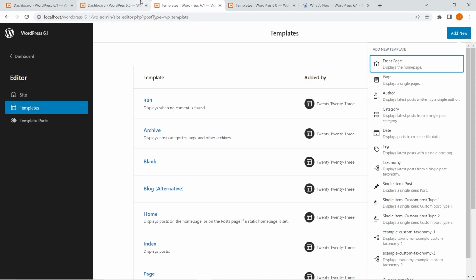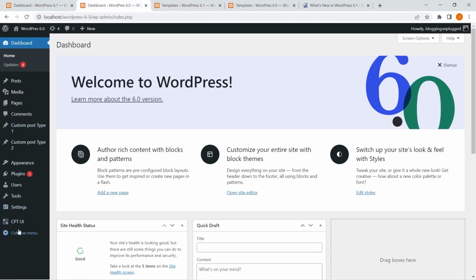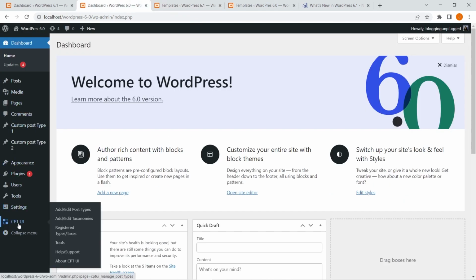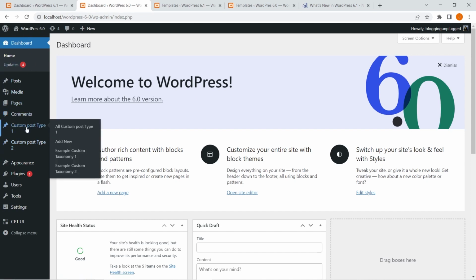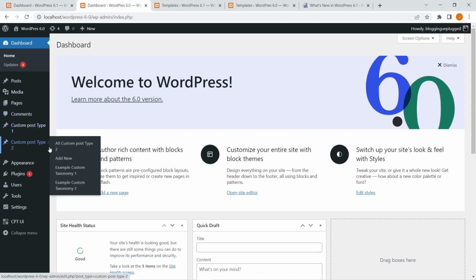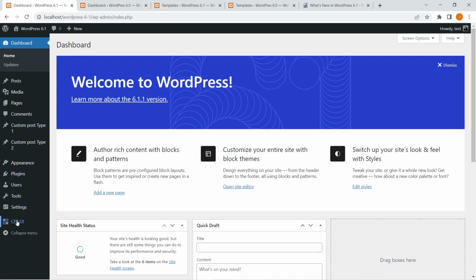So what I've done here is I have used this CPT UI plugin to add custom post types and taxonomies. I have added two custom post types. This is WordPress 6.0, exactly identical, custom post type 1 and custom post type 2. Go right here, you can see CPT UI, custom post type 1, custom post type 2, and in post you